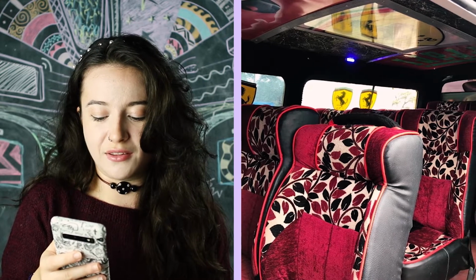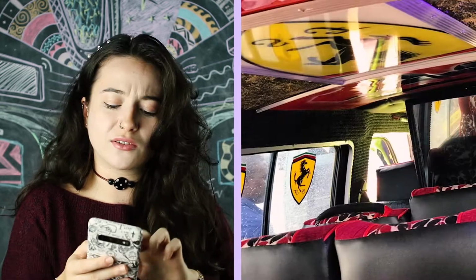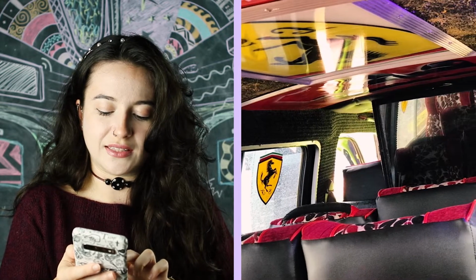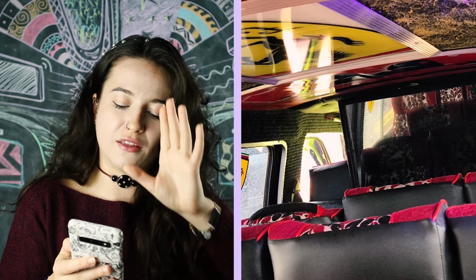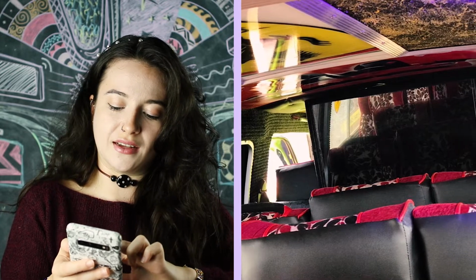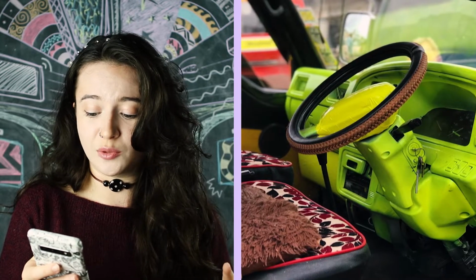Maybe even if this leaf pattern were in the Ferrari yellow, or had the green and the red as well, that might have made it a bit more cohesive, but it just feels a little bit like 2 separate concepts to me. And there's also, I don't know what this is, I guess like plexiglass or something on the ceiling, but it kind of spreads fully at the front and the back, and then the Ferrari logo is just in the middle, and then there's a kind of marbly design, and it feels like all of it should have spread the whole way. And then we go to the front, to the driver's seat, and the whole dashboard is